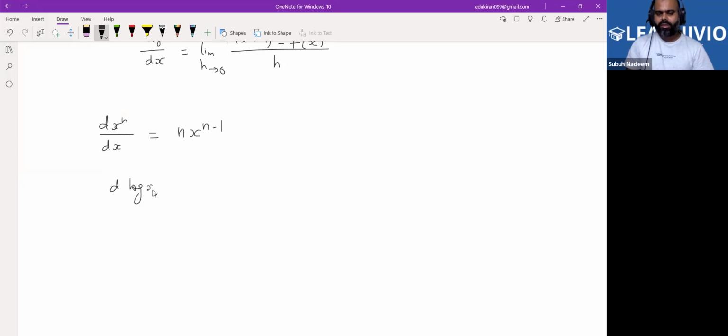Of log x, if we want to find out the derivative, it is 1 by x. This is actually base e. If nothing is written, it means the base is e. Sometimes we write it like this also, ln x. And differentiation of log x to the base a,